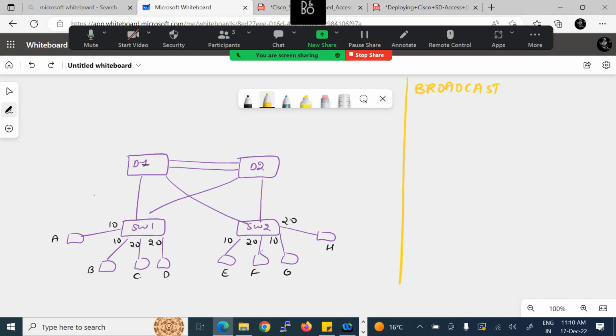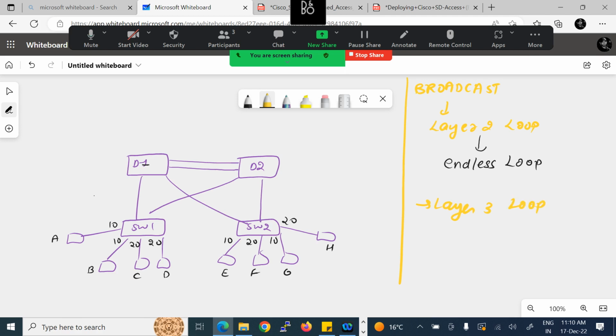Because a switch has a simple rule: if a broadcast frame is received on one of the interfaces, that broadcast will be forwarded out of all other interfaces, and that will create an endless loop. So the broadcast traffic creates a layer 2 loop. And you know what a layer 2 loop is? A layer 2 loop is an endless loop, if I compare it with